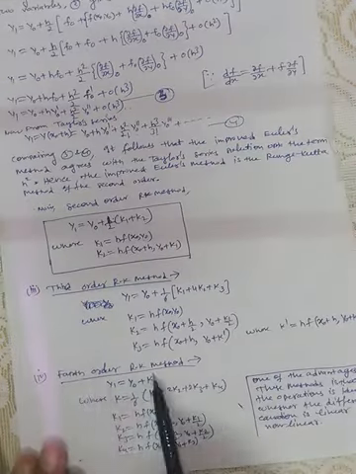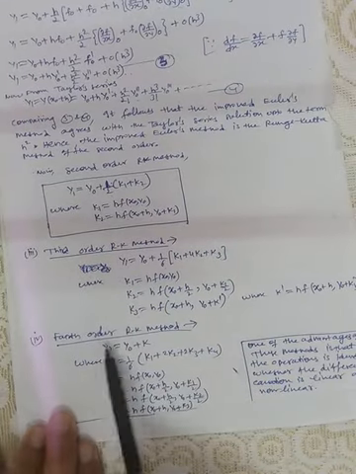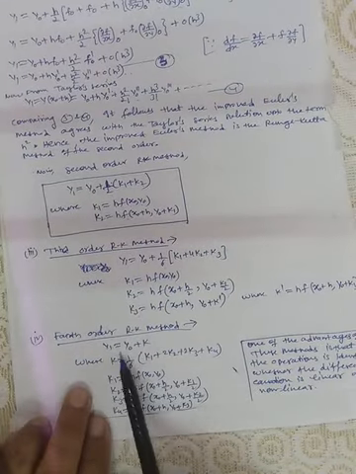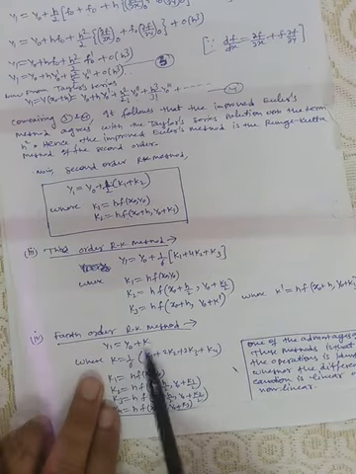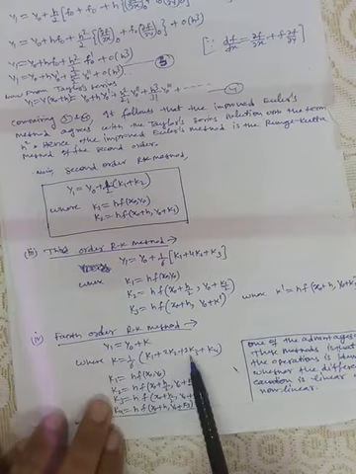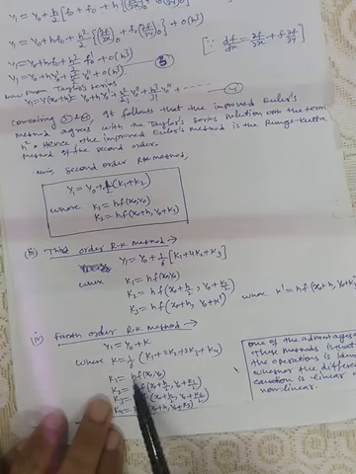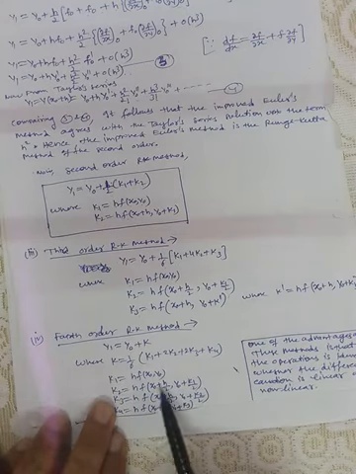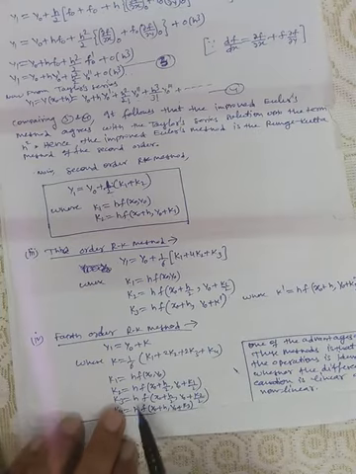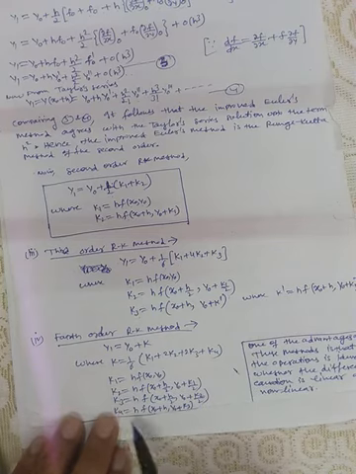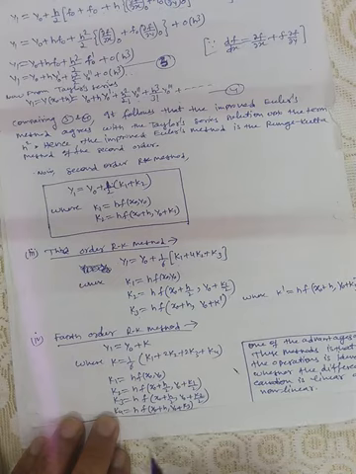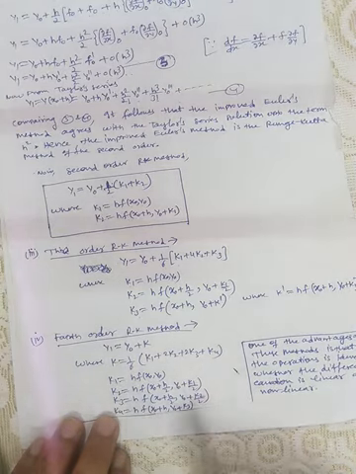Then fourth order, this is the most famous form of the Runge-Kutta method. Fourth order Runge-Kutta method: y1 is given by y naught plus k, where k is 1 by 6, k1 plus 2k2 plus 2k3 plus k4, where k1 is given by h f x naught y naught, k2 is given by h f x naught plus h by 2, y naught plus k1 by 2, where k1 is this. Similarly k3 is h f x naught plus h by 2, y naught plus k2 by 2, where k2 is given by this, and last is k4, h f x naught plus h, y naught plus k3. Fine. So this is the most famous form of the Runge-Kutta method.